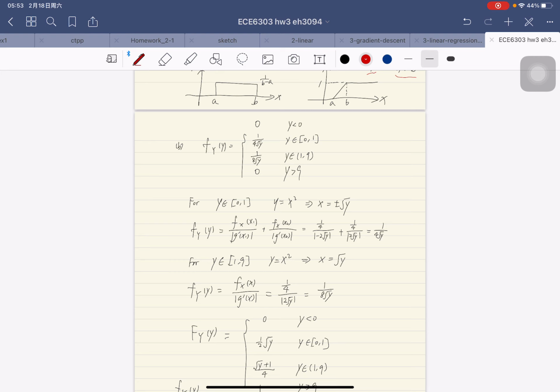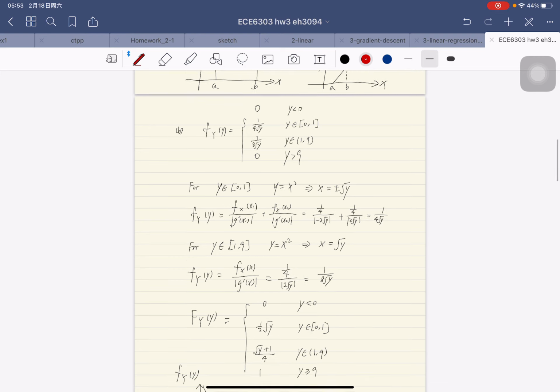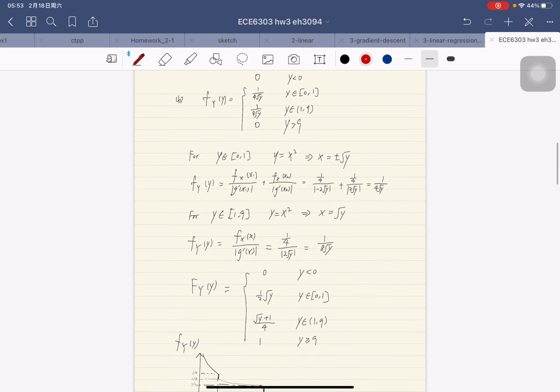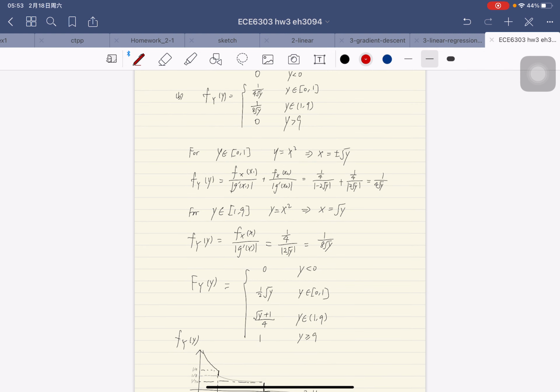So it will have two roots for each y, and this will take the formula of small fy to the